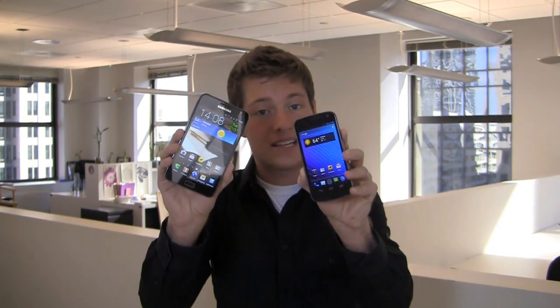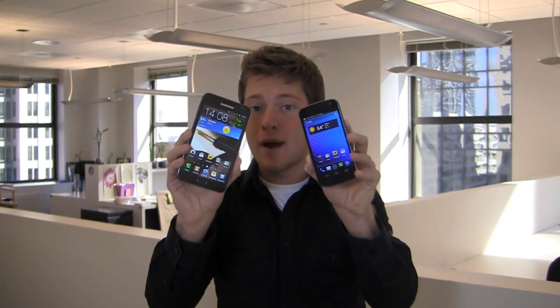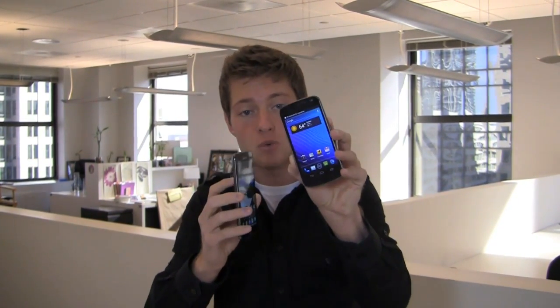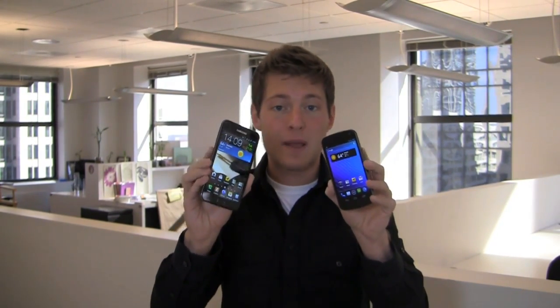Then you have the Samsung Galaxy Nexus over here. It's got a 1.2 gigahertz dual-core TI OMAP processor, and it's the first device to run Ice Cream Sandwich Android 4.0, along with a 5-megapixel camera and a nice 4.65-inch display. Which one of these should you go with? We're going to find out in the dogfight right now, but first,